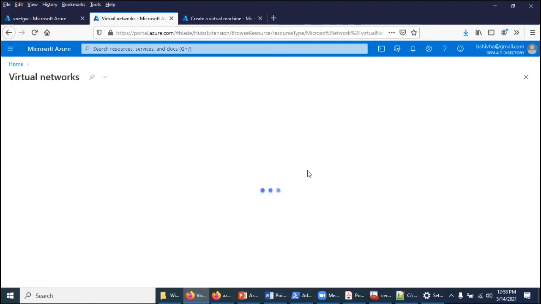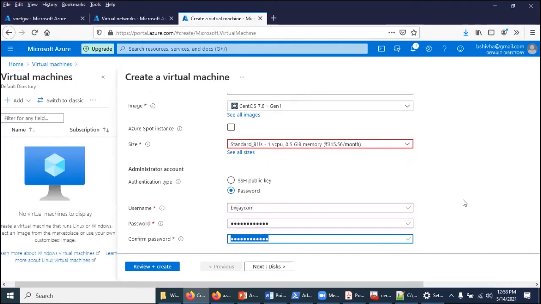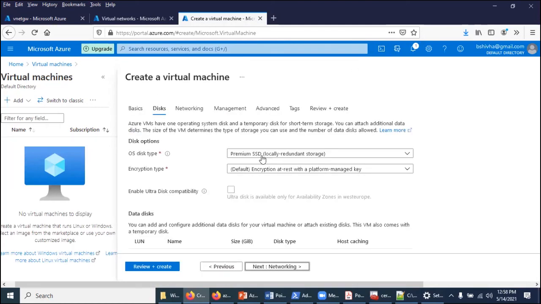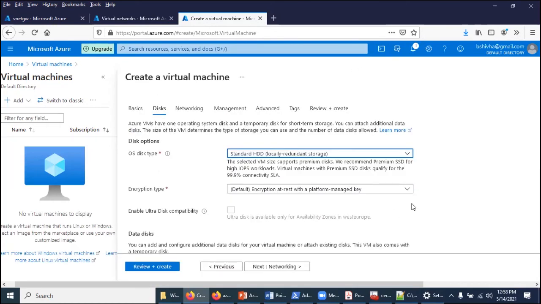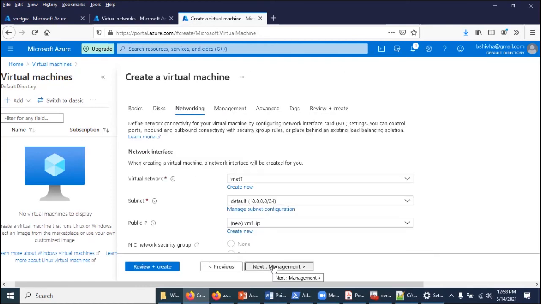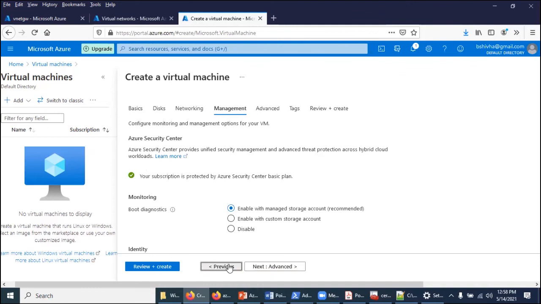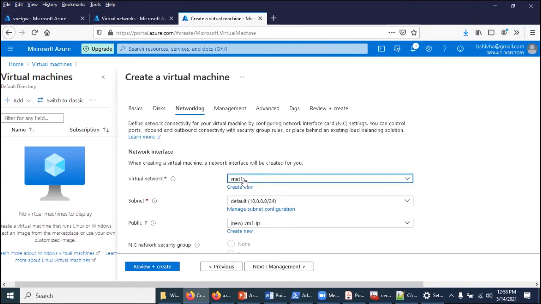Let's check the virtual networks. Yes, West Europe. So West Europe is already selected. Come down, say disk. We'll go with the normal standard HDD. Yes, management. So if you want to ensure, see here, VNet1 we have already created. So the same network I'm associating it with.